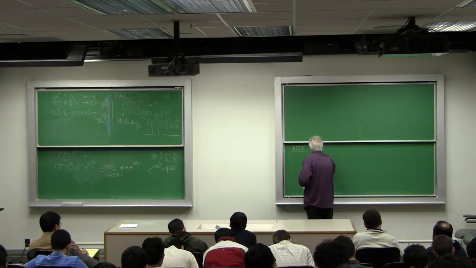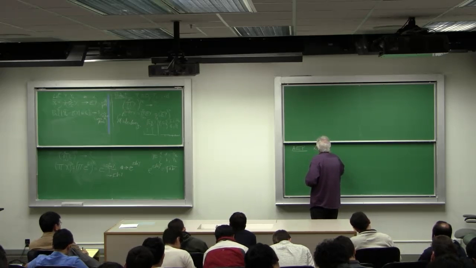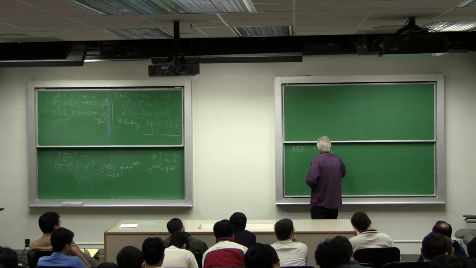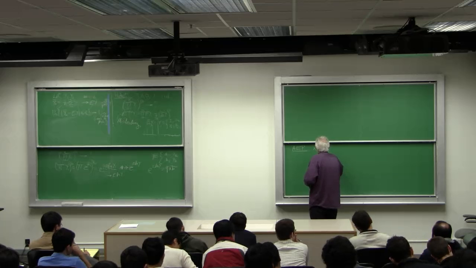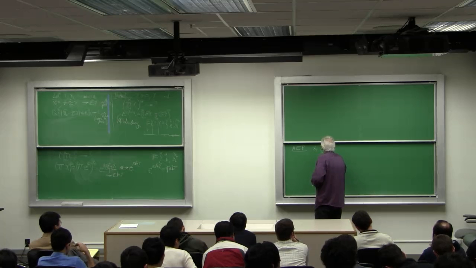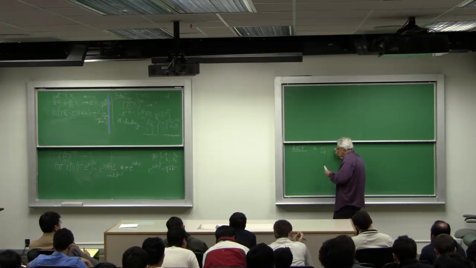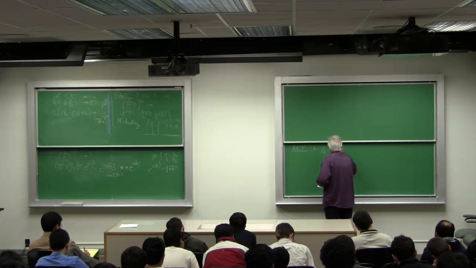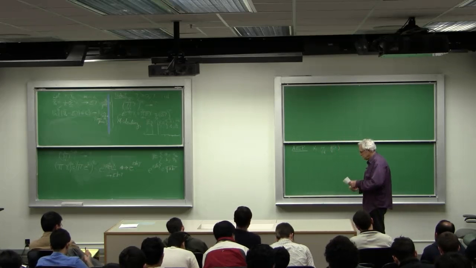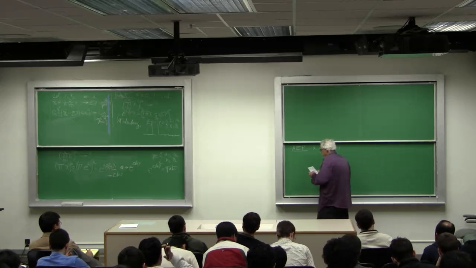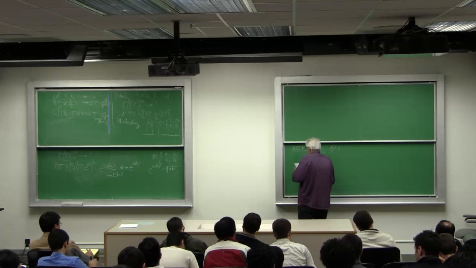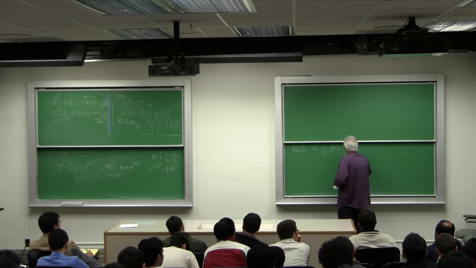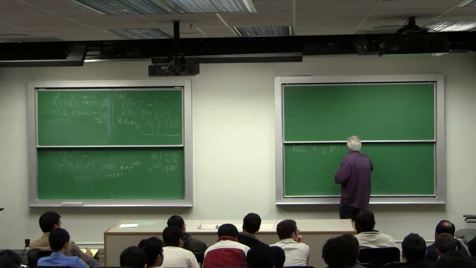So let the Xi's be IID drawn according to P of X. And we're going to claim that minus 1 over n